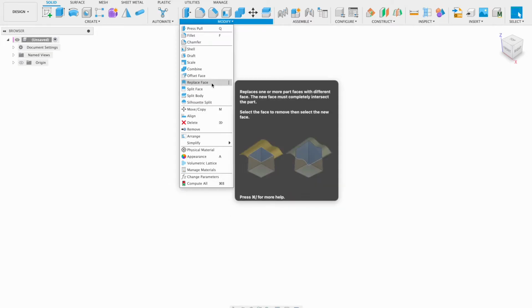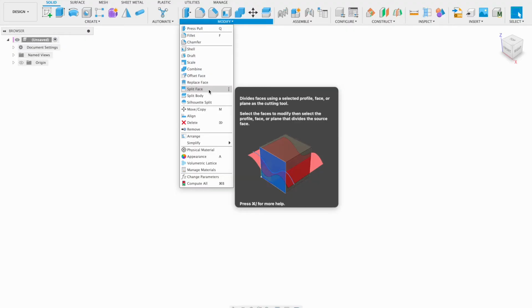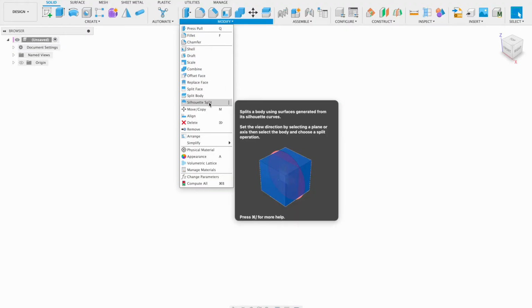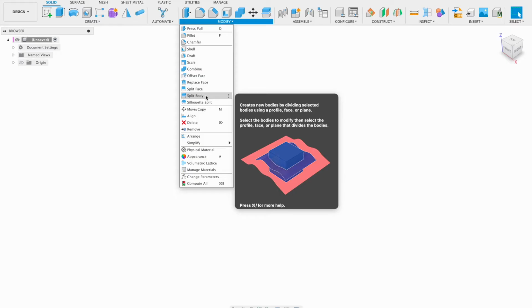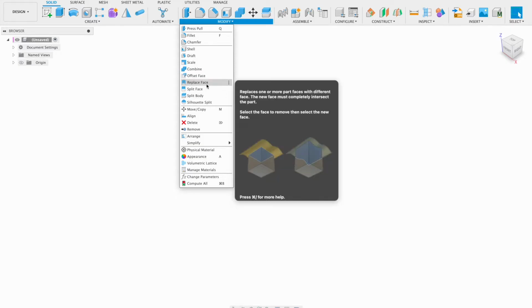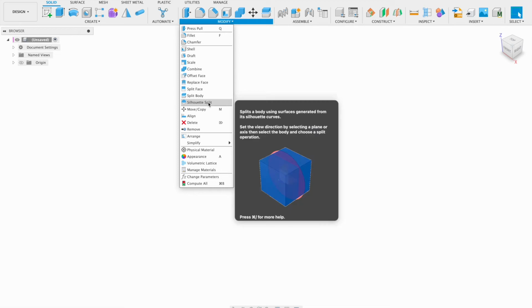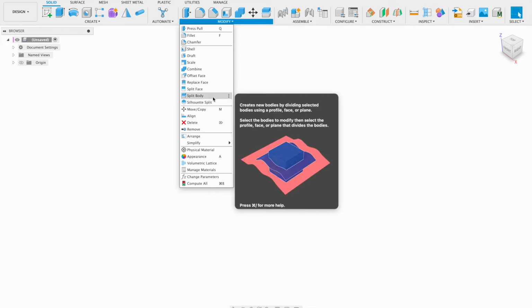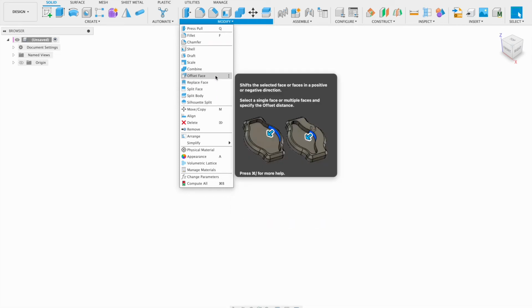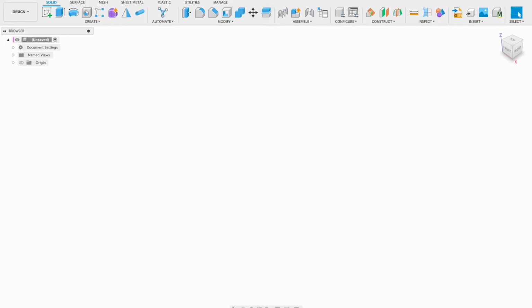We will touch on these four: replace face, split body, and silhouette split. But we did talk about split body a little bit. These are not that critical. It's very easy to experiment on your own. However, we have some critical things that we need to talk about, and we'll start with the idea of creating